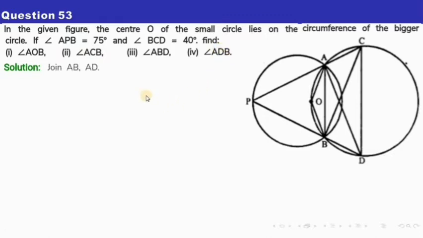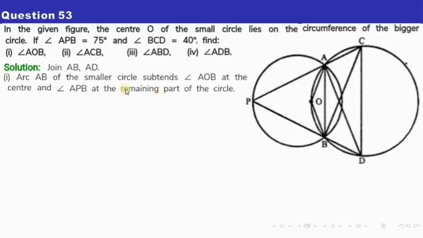All right, so let's begin. Now before that, let me join AB and AD, that is this one. All right, okay, so we see that arc AB. Okay, so for the smaller circle, don't get confused with the diagram. For this smaller circle, arc AB is out here, all right, and the center is here. Okay, so O is the center, so this arc AB subtends angle AOB at the center, and in the remaining part, that is in this part, again the arc AB subtends angle APB. So that's why I can say this AOB will be double of APB, right? So that's what is written out here.